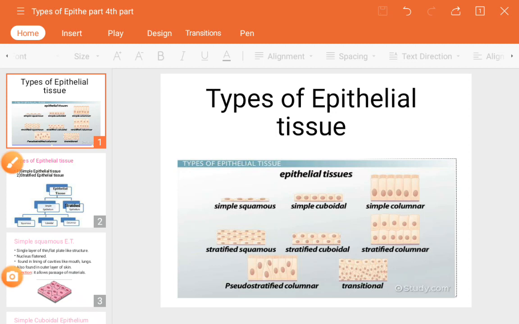Hello everyone. Today we are going to see the next portion after the animal tissue and the structure of the epithelium tissue and the functions we have seen in a previous video of your ninth standard, second chapter, tissue. So in the second chapter of tissue of your ninth standard, we are going to start the next portion after the structure of epithelium tissue and their functions, that is, types of epithelium tissue.